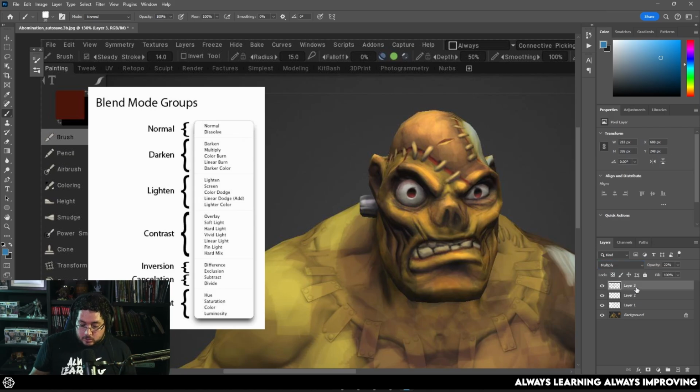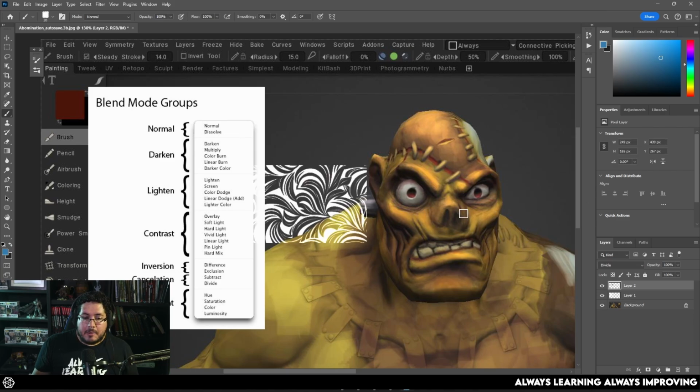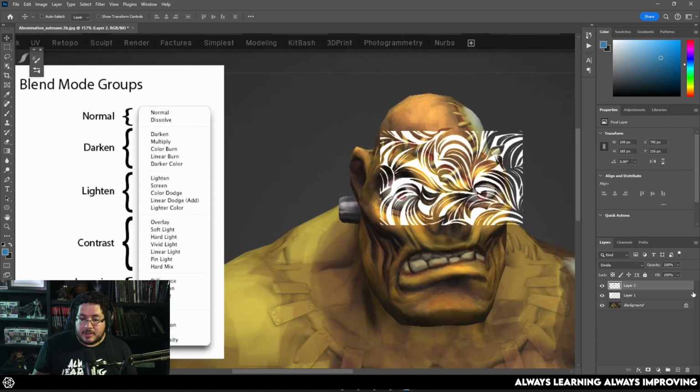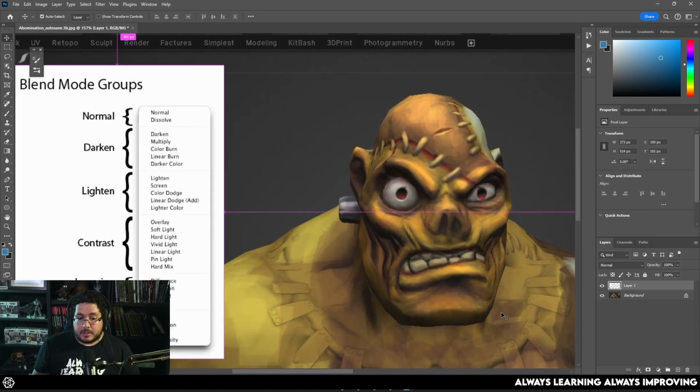Now, the multiply is also very important because, since this is a mathematical operation, if you get, for instance, a black and white image or a black and white pattern, you can very easily mask out certain parts of that pattern by using the multiply effect. See that? Oh, that's actually divide. Let's Control B. There we go.